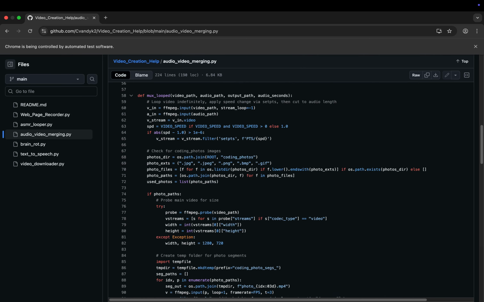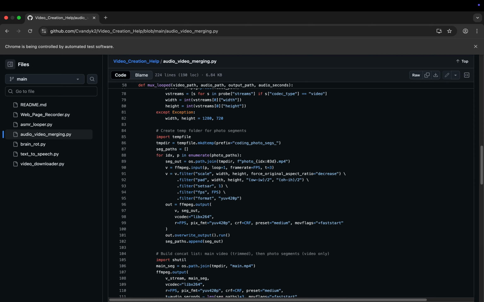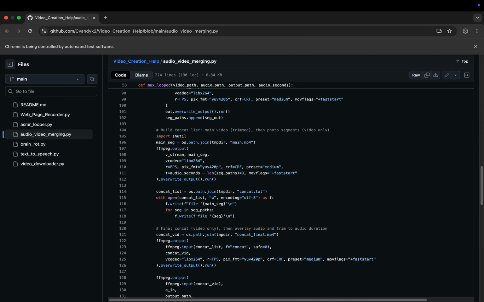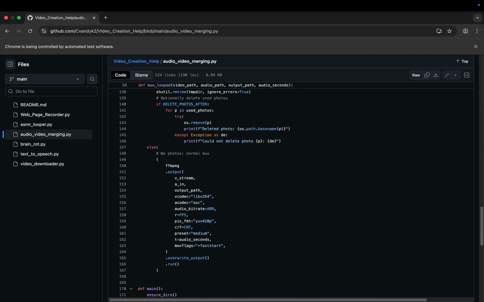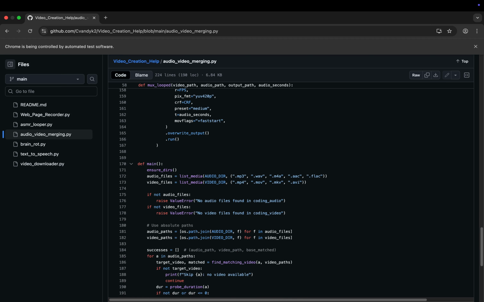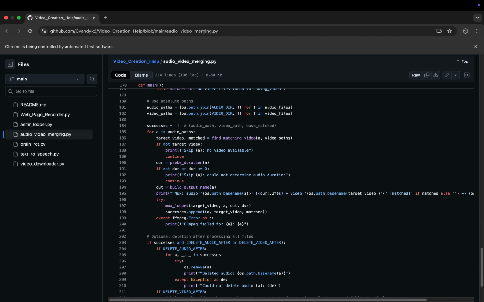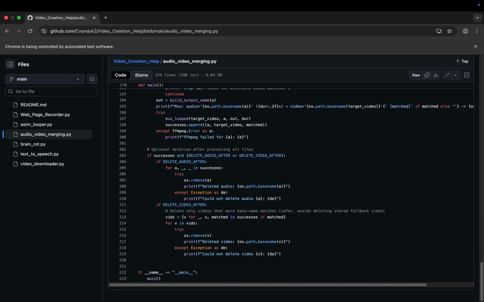After everything is processed, the script can optionally delete the original audio and video files. To be safe, it only deletes videos when the base names matched, so shared fallback videos won't be removed by mistake. The main use for this script is to quickly generate coding tutorial videos, where the audio is a walkthrough